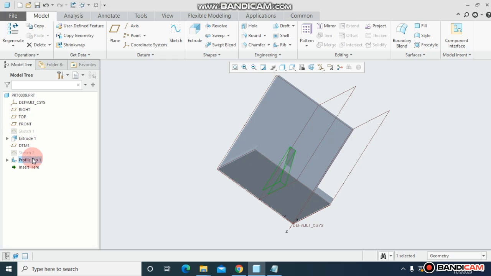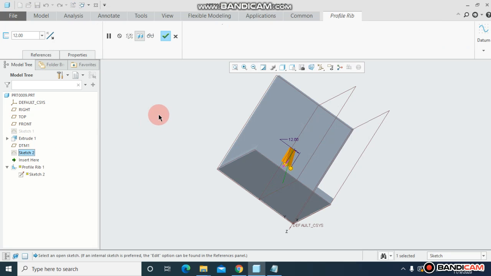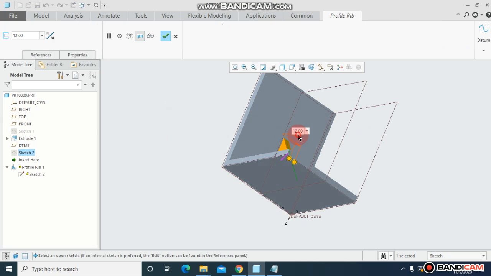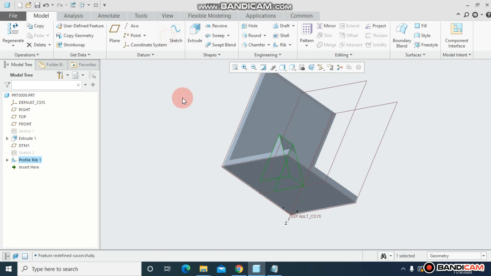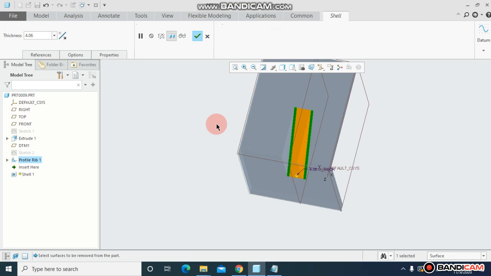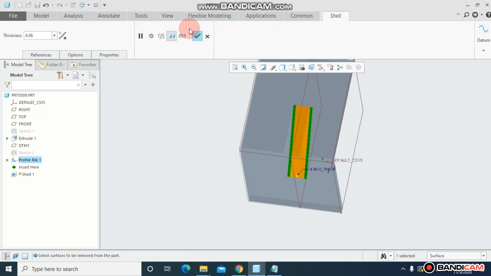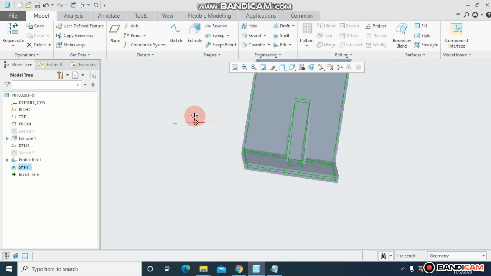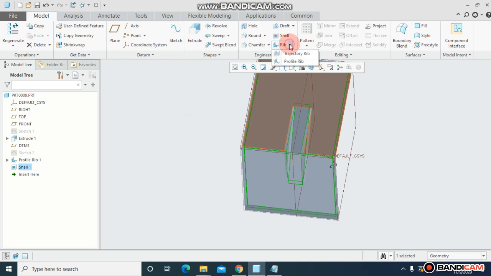Okay, if you have done something wrong, you can edit them over here. Like, let me increase the rib thickness from here. Okay, and either you can use the shell. Okay, and just click OK. So this is how you can use the rib